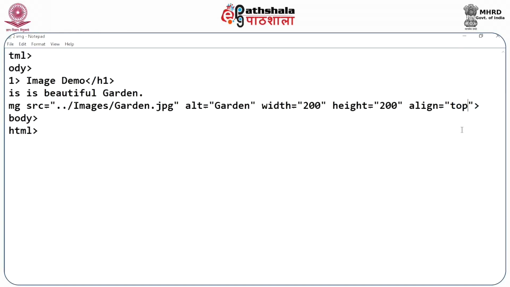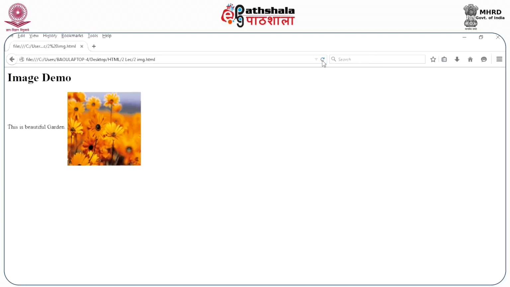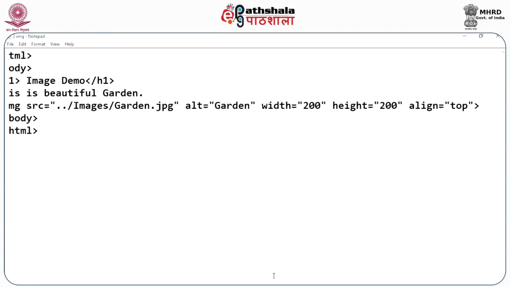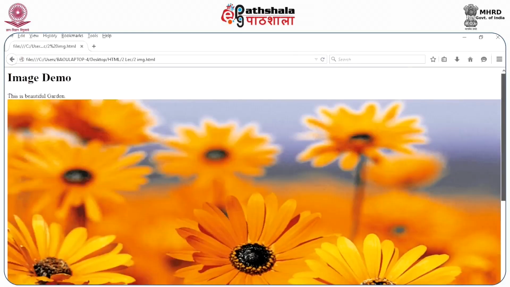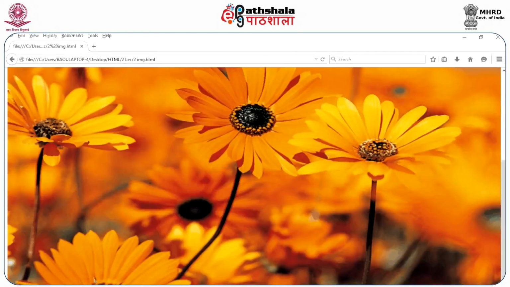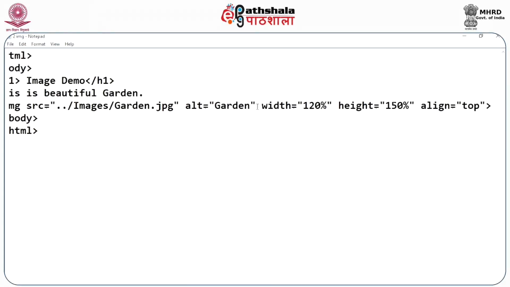Let me use top and click on save. So let me check. Look at this. This text is on the top, aligned with your image. The width and height can be in percentage also, say, for example, by pixel, or you can write width will be 120% and height, let's say, 150% of the original image. So you just save this, and when you check it, you can see the width will be increased and the height will be this. Or if I take the original width and height